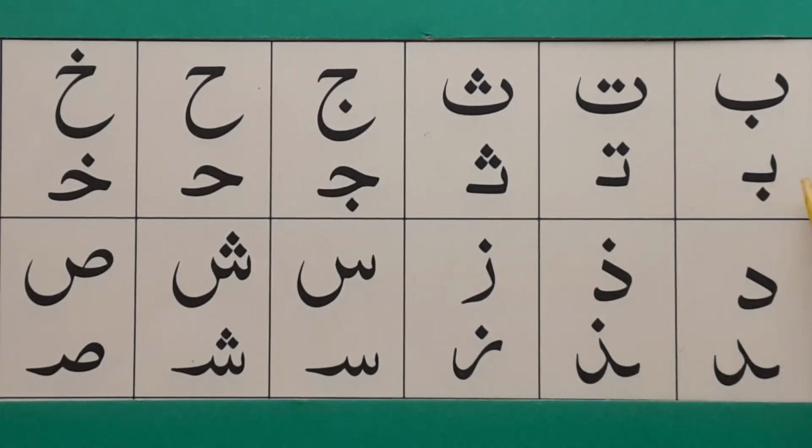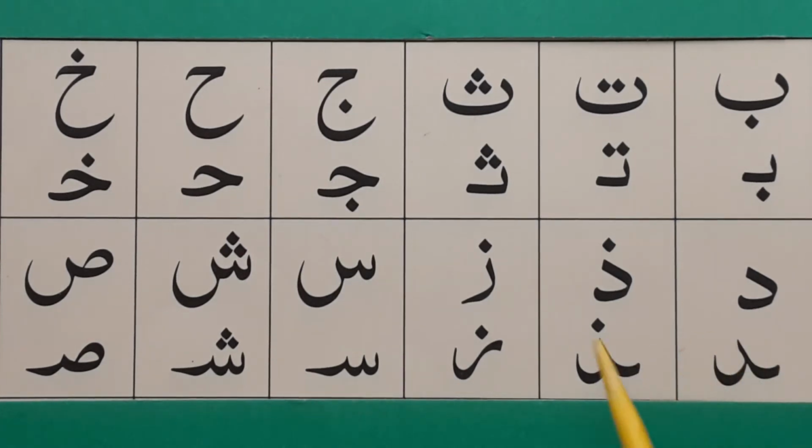You have a ba, ta, tha, and jim. Similarly, you take this part off. And as you can see, the same with the ha, that circular part at the bottom, kha, same. So you have a jim, ha, kha, dal. Now you need an extension here, this little bit extra here, because you're going to join a letter with the